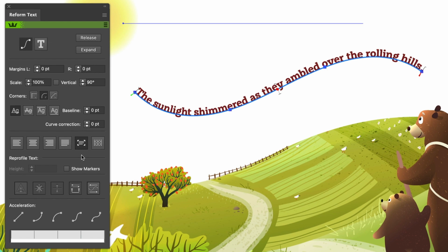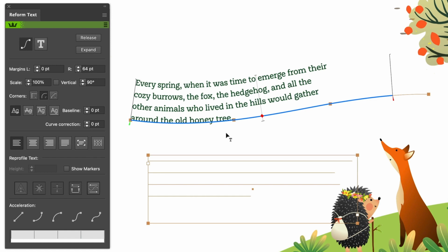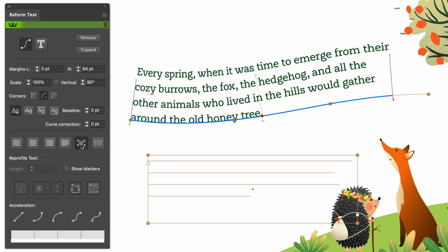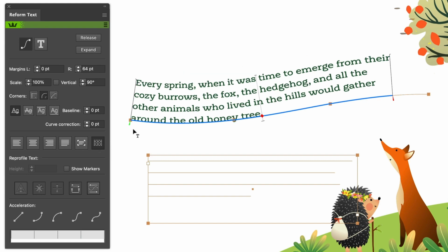Now currently, I'm working with one line of point text. So let's switch to an area text example and we can really see the difference between the three Justify buttons. Here's the first, Justify Text, which reflows the text and adjusts the spacing so that the lines fit exactly within the delimiters. Then there's Justify Text and Scale, which scales the text to fit between the delimiters. And then we have Justify by Horizontal Scaling, which scales the text horizontally, but not vertically, until it fits exactly within the delimiters. And in Illustrator, you can't use the Type on a Path tool with area text. So what we've been looking at here is something unique to working with Reform Text.